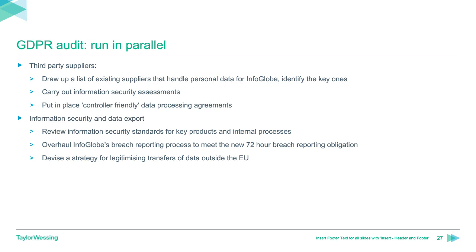And then your last piece I think you've got to take a look at early on is information security and data export. So I would say information security, if it's not strong at the moment, will be at the heart of this. There's no point in putting everything else in place if then you lose the data. You're going to have to get to grips with your 72-hour breach reporting, and that means a whole process going right through InfoGlobe